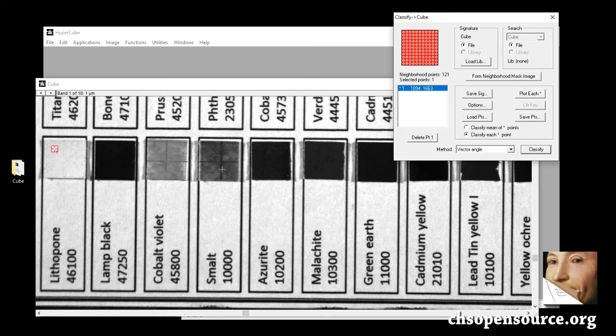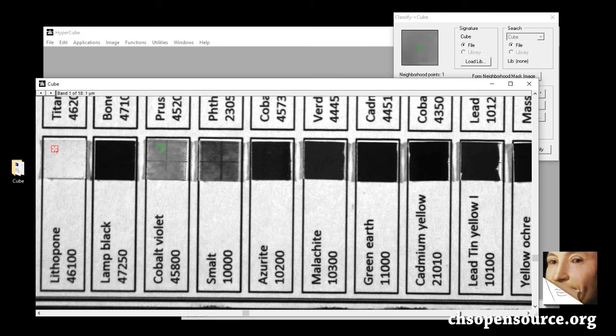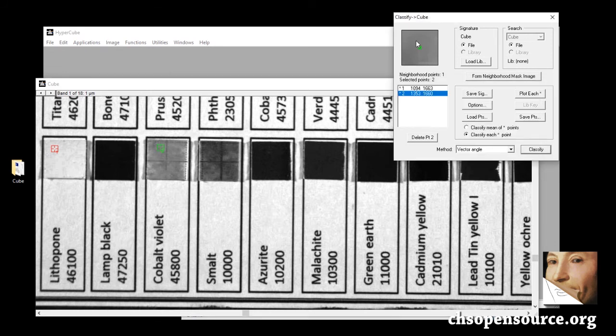We can ask the software to also recognize the position and the presence of cobalt violet. So we go here, again we shift click a point in cobalt violet, and then over here we want to select more pixels representative of cobalt violet. So we go on the top and we control click, and then we go in the bottom and we shift click. We select all these points, we do classify,